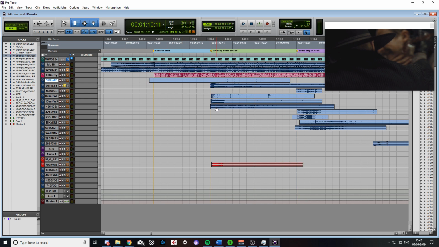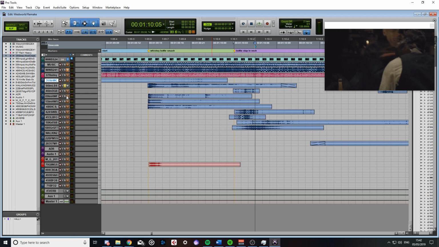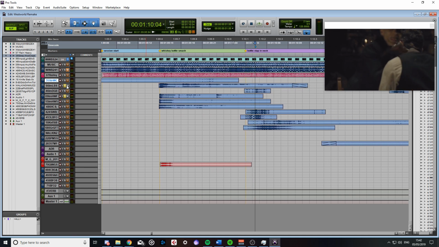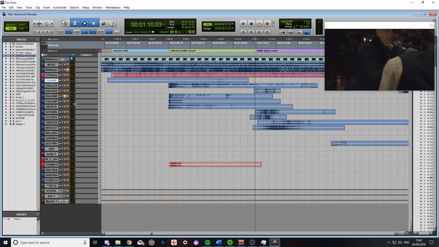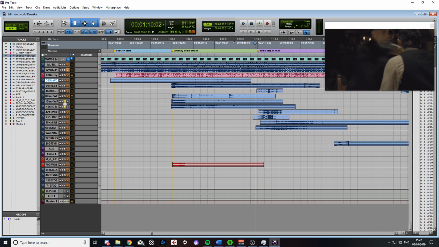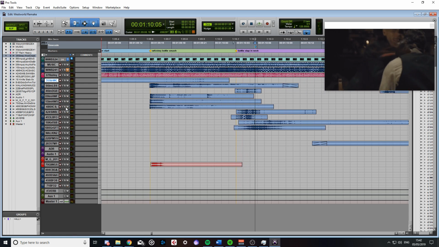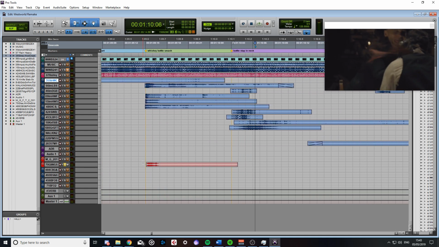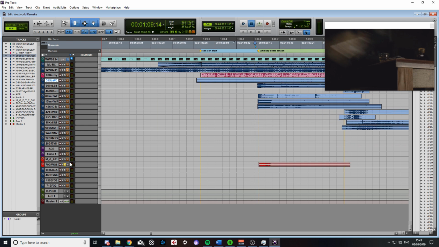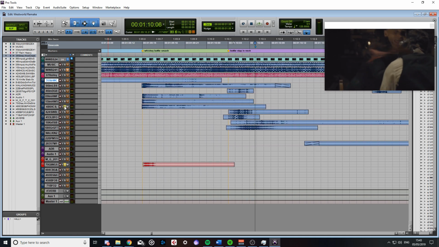whiskey bottle smash. So this bottle smash is made up of five different sounds. So we have this one here, which is just a regular smash of a glass. Then we add some more sound, which is more of a pop, and then more of a click sound. You may be thinking all of these sound very similar. That's because they do. And then here we've got the one where it sounds like he's hitting it against a table. And when you put all these together, it just